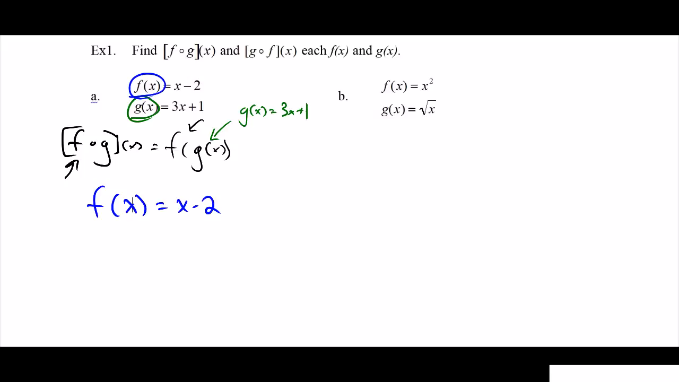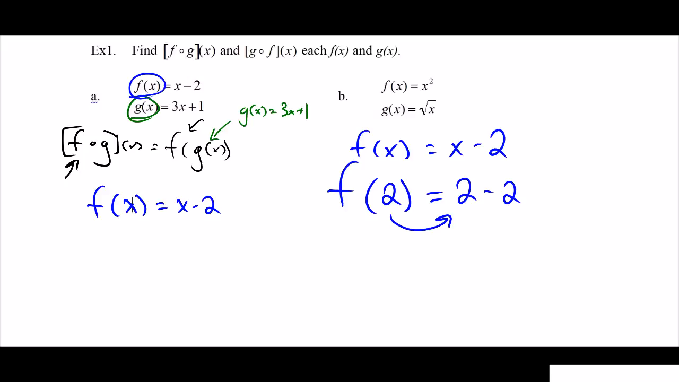So on a related side note, if I had f of 2, how would we solve that? Well, if our original f of x is equal to x minus 2, all we have to do is plug in the 2 for our x. So it would be 2 minus 2. All we do is plug in our 2. So if we take that back into consideration, so our f of g of x